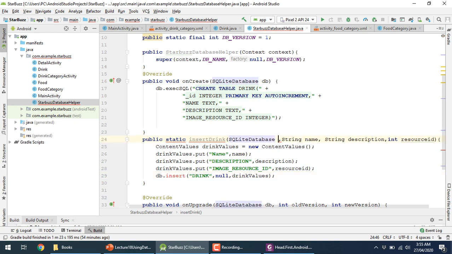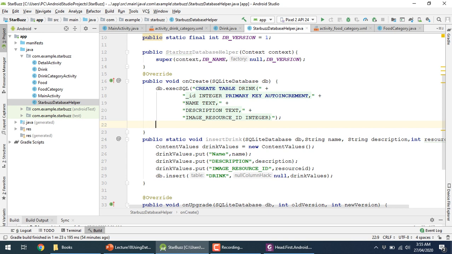So over here it will be a db. And then we have to call database. So static is not allowed over here. Okay, we haven't written the void return type, that's why it's giving me an error. Now everything is fine. Now we can add multiple rows with the help of only